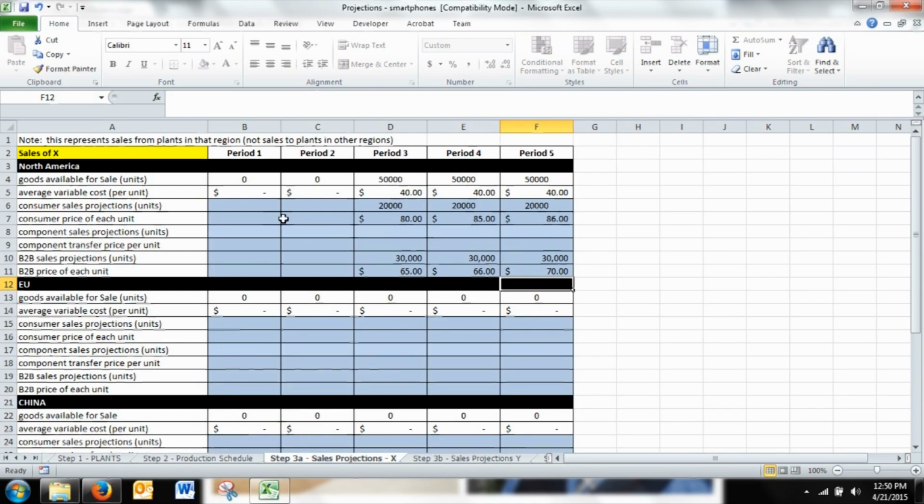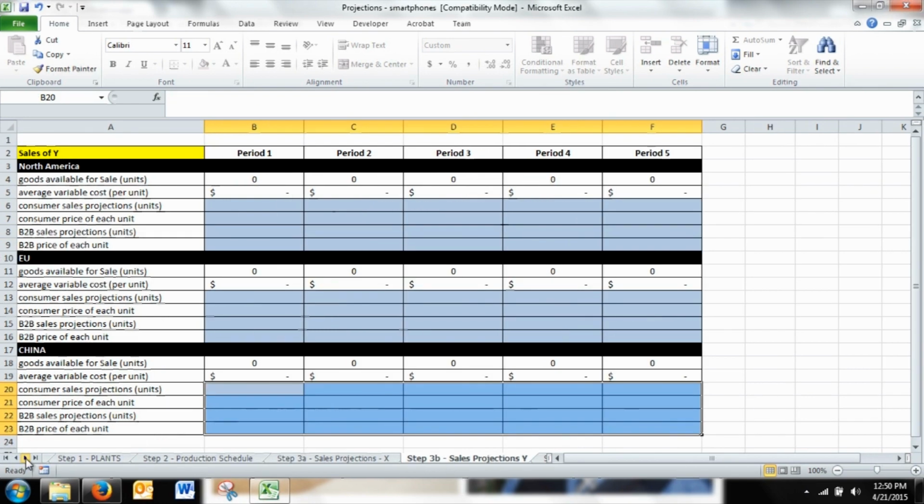Okay, with X, there's also this area called component sales. And that's where you would reflect whether or not you are selling X to your own Y plants. So if we were producing X and also producing Y, we may reflect some of that in component sales. Okay, so we're not selling any Y, so we're going to go on now and estimate our